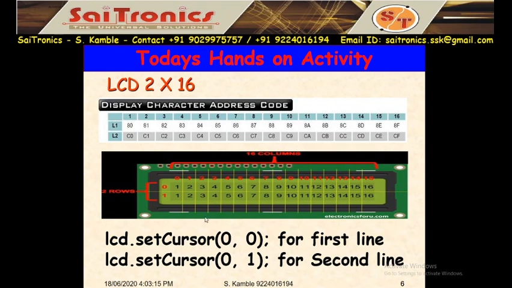So if I want to select the first line, lcd.setCursor(0, 0). For the second line, lcd.setCursor(0, 1). For the third line, lcd.setCursor(0, 2). And for the fourth line, lcd.setCursor(0, 3). So by using these commands, you can select the LCD lines.